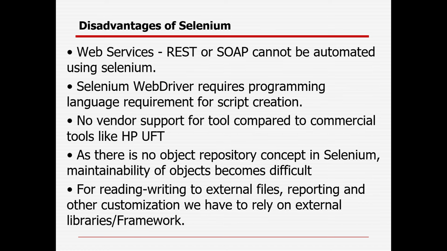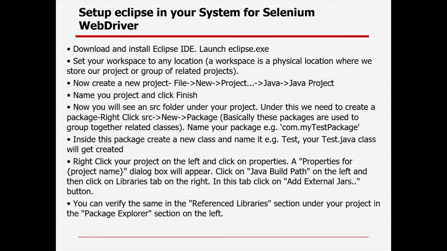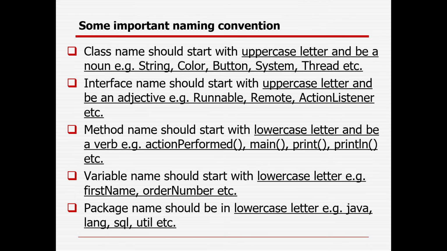Selenium is an open source tool. It supports different programming languages, different operating systems and different browsers. Some drawbacks: as Selenium is a free tool, you cannot integrate everything, so you need to create your own custom library to integrate it. For configuration, first you will require Java, then an IDE, Eclipse or IntelliJ, and the Selenium jar file and the relevant driver for the latest version of your browser.